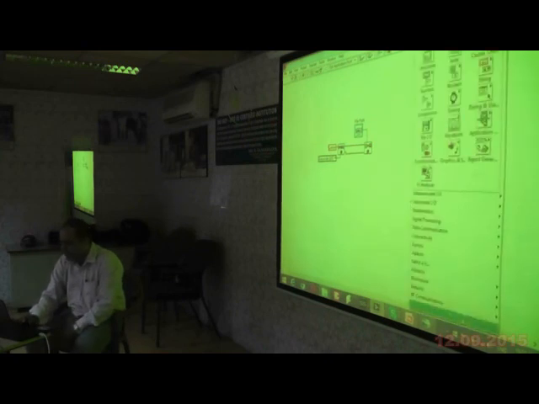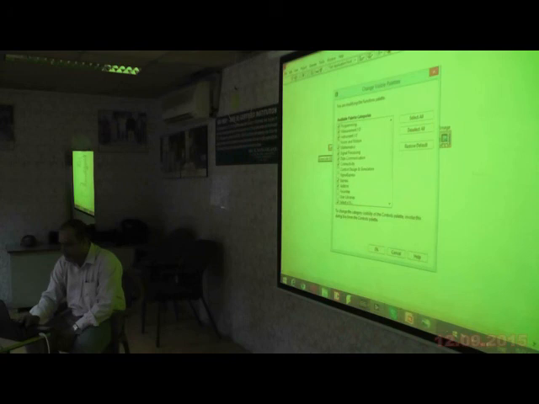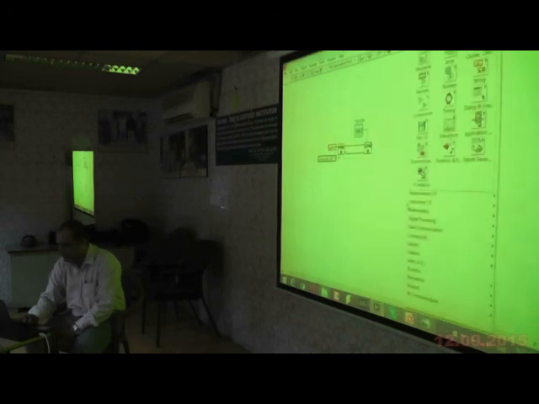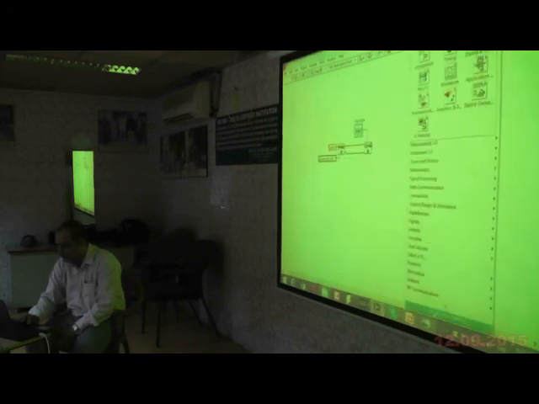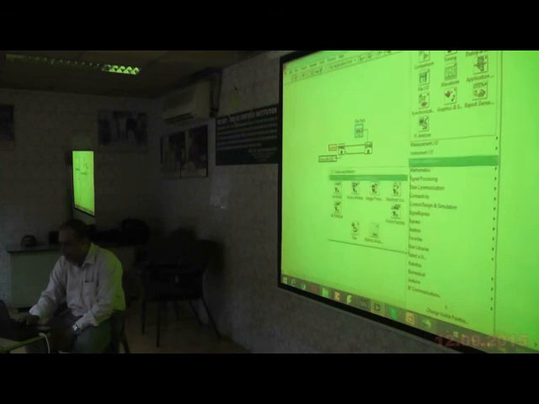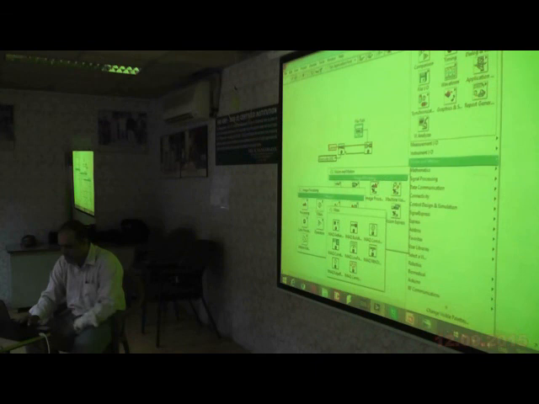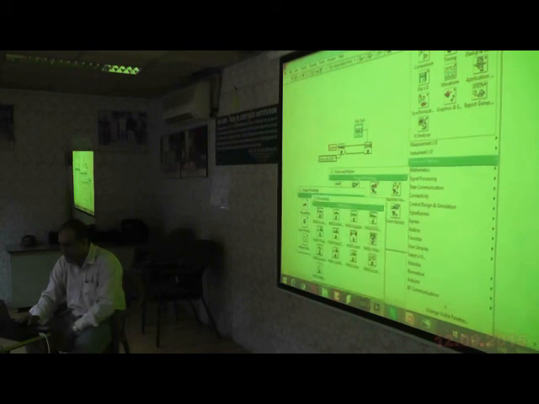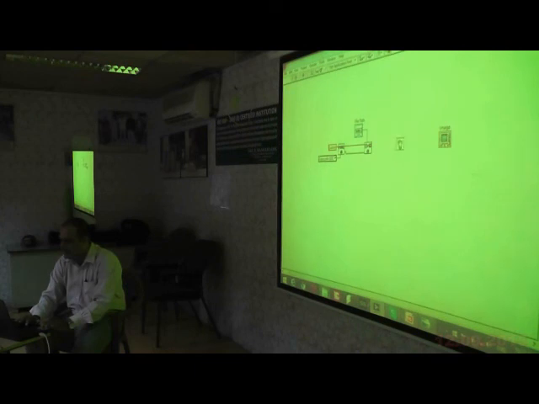Again in vision and motion, in image processing, in processing I have this IMAQ Inverse option. So I will put it here. The image source, I will connect it here.